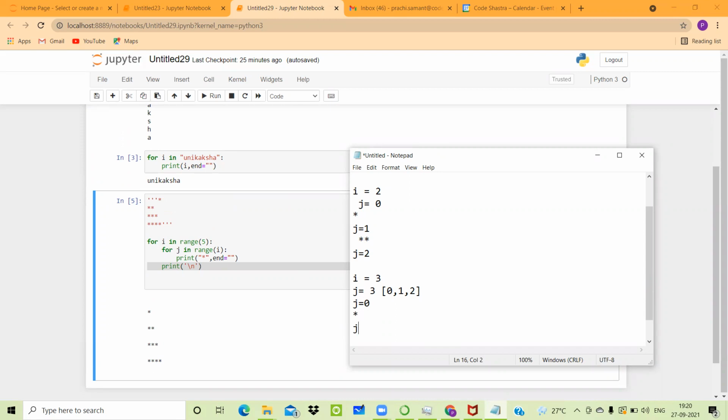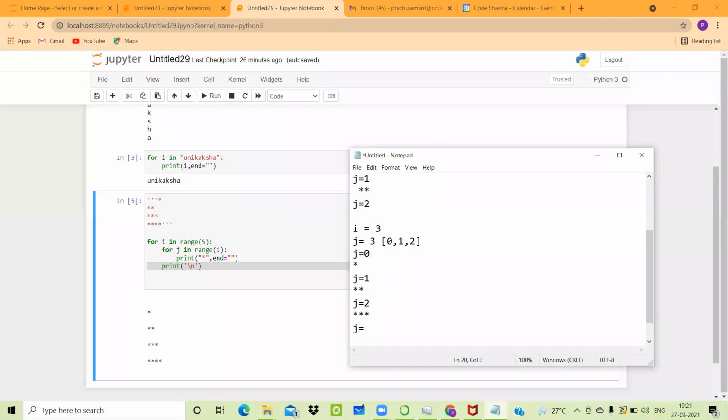Then the value of j will be incremented to 1. Again, it will check whether 1 lies in the range 3 or not. Yes, 1 also lies in the range of 3. That's why it will add one more star. So previously there was 1 star already there. Now it is going to add one more star. And the value of j will be incremented to 2 now. As the value of j has become 2, it will again check whether this is still satisfying the given range condition or not. Yes, it is still satisfying the given range condition, and that's why one more star will be added to the existing number of stars. So this is how the structure of your third line will be formed.